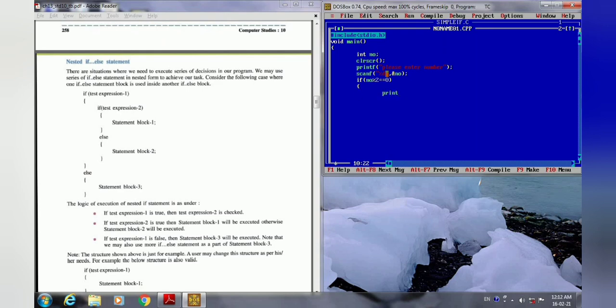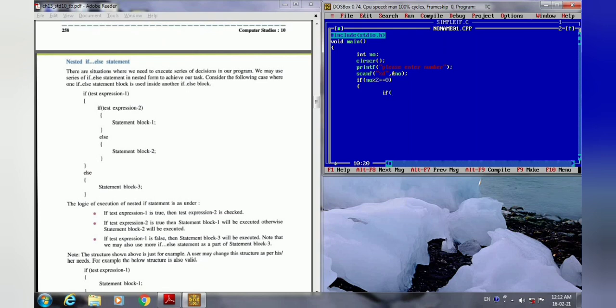Printf. If this condition becomes true, if the number is divisible by 2, then further we will use one more condition. You can see the syntax over here: the first condition is true, then another condition inside that.